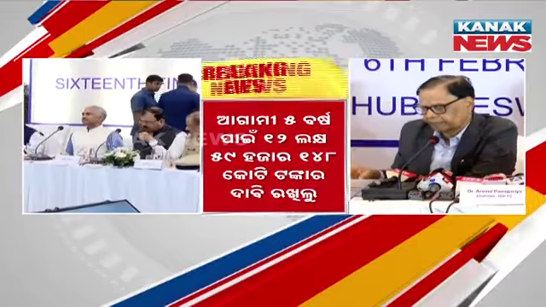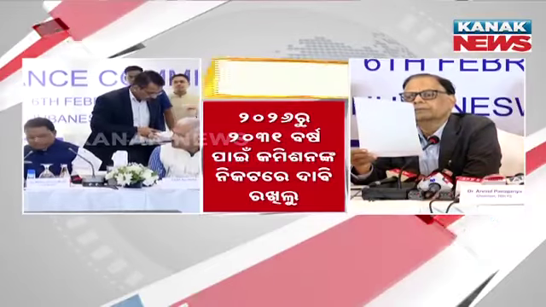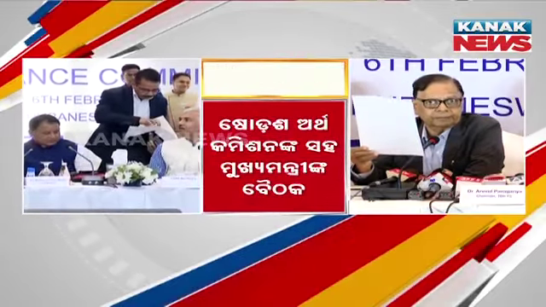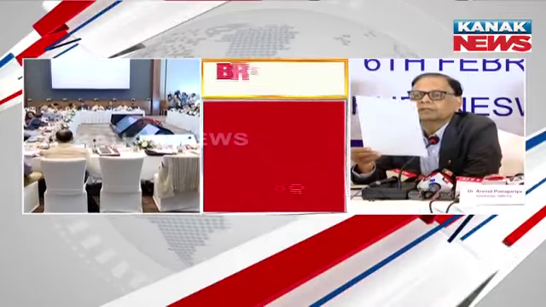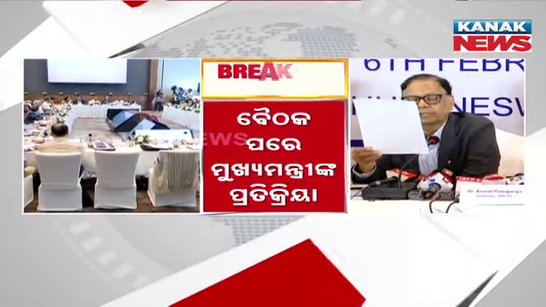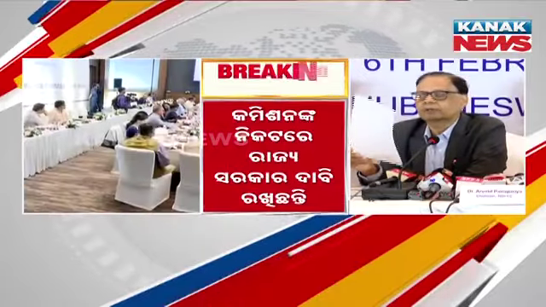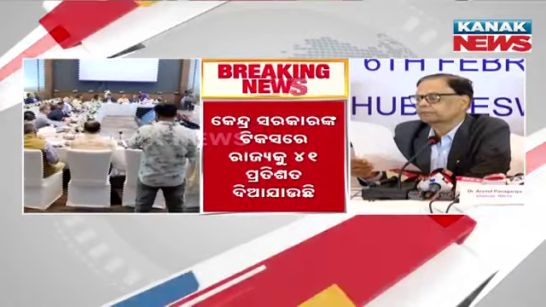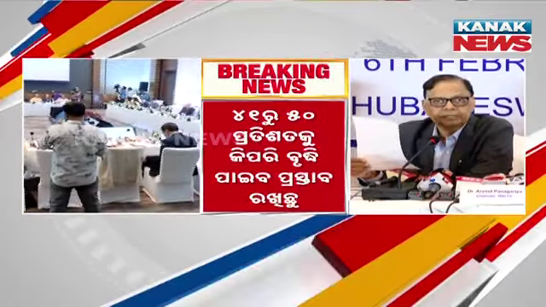This is how it is done. So on population, the 15th Finance Commission had said 15% weight should be given to population. The recommendation of Odisha on this is slightly different. What it said was that the weight can be kept at 15%, but